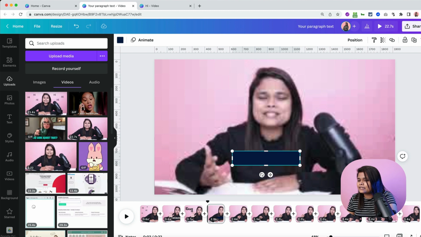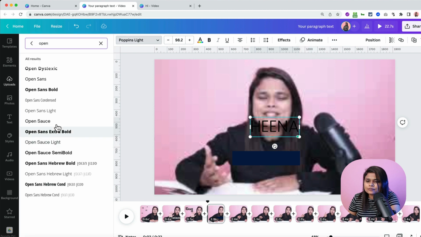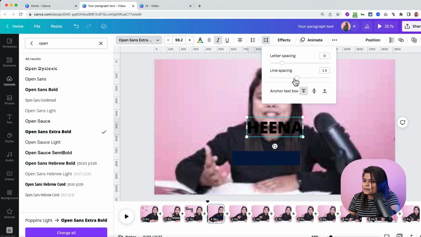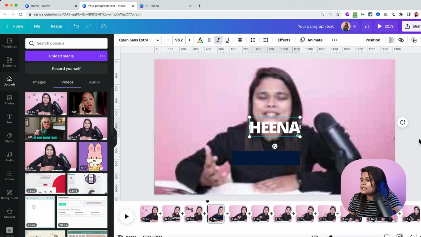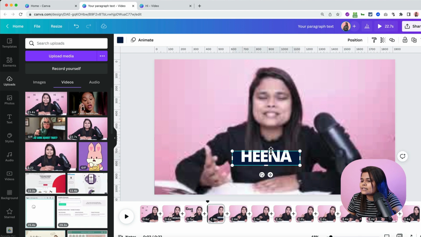And then I'm gonna press T, and here I'll write Heena. I'll again make it all caps, choose a different font, and I'll maybe make it italics or so, and decrease the line spacing, letter spacing. And let's change its color to white. So when you click on this A, you can change the color to white, and I'll place it over here. Okay, so let's resize this. I'll make it small,